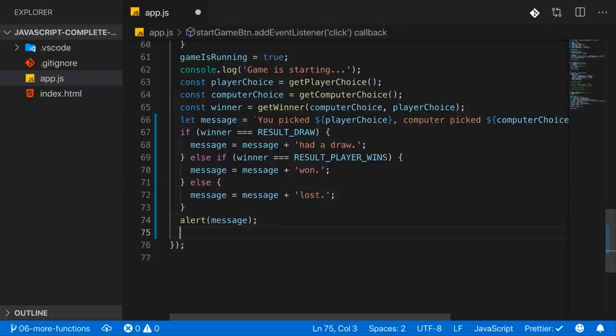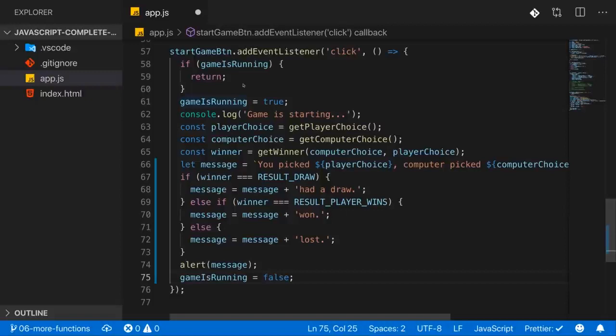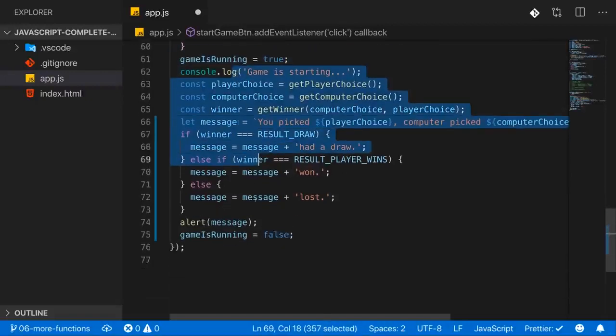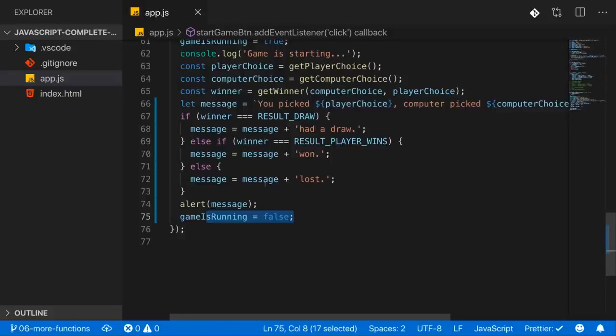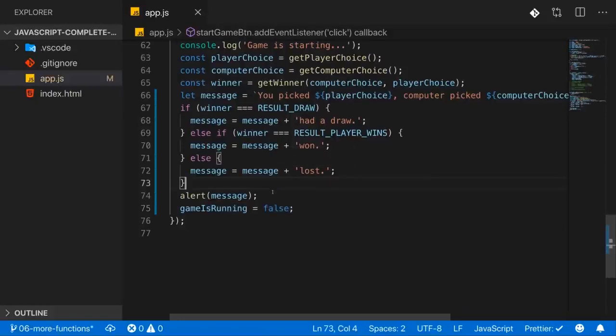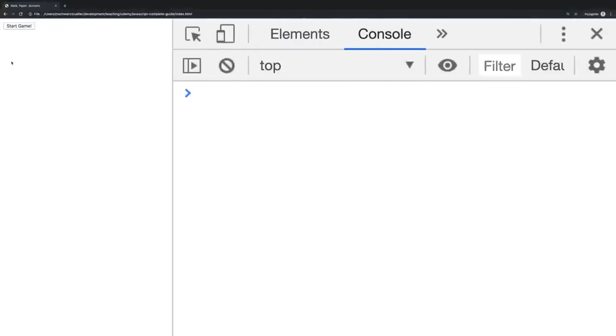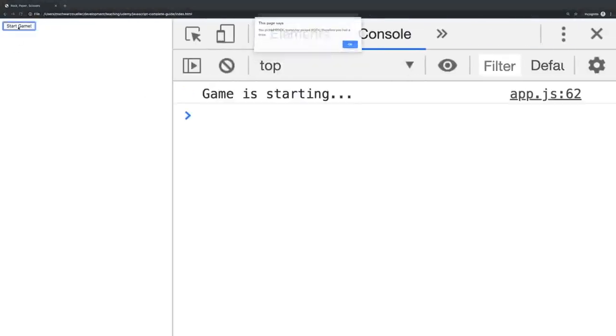Now, since the game is over, I then also want to set game is running to false here, which essentially means we can now click the button again to start a new game. So here we set it to true, then we execute all these steps, and then we set it to false again. So now with that, if we saved it, let's go back, reload here, start a game, maybe pick rock,